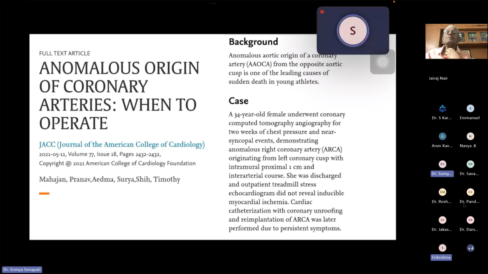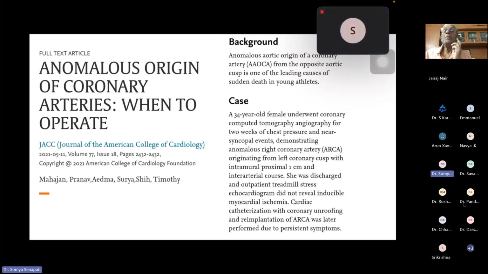Then we'll discuss three articles regarding case reports, how the case presented and how the decision was taken. The first article is from the Journal of the American College of Cardiology, which describes anomalous origin of coronary artery: when to operate. So a 34-year-old female underwent a CT scan for 2 weeks of chest pain and a few syncopal